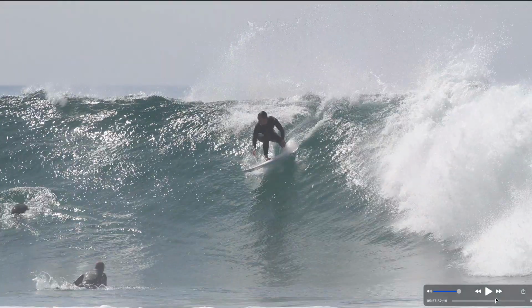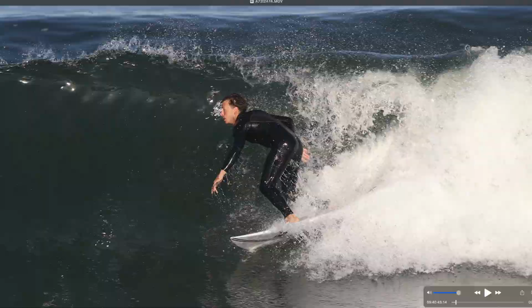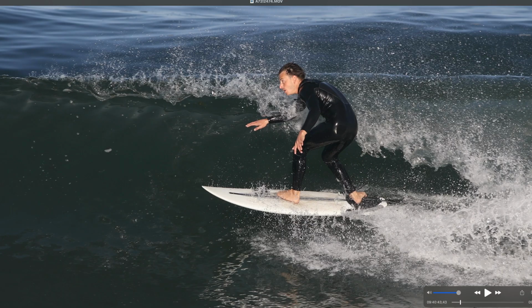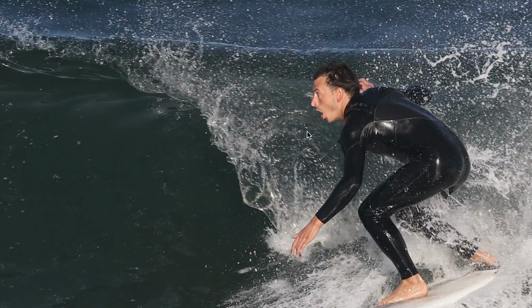Okay, this is Colin Weinberg on a beach break. Beach breaks are normally a very fast wave. Colin surfed this wave a lot and knows that this wave is not going to just stay open and let him cruise on it. He's coming up right away. This section, if he doesn't get speed, this would close out on you. But Colin stays up high here, gets around that. Opens his mouth wide too. That's really important. It's bad because